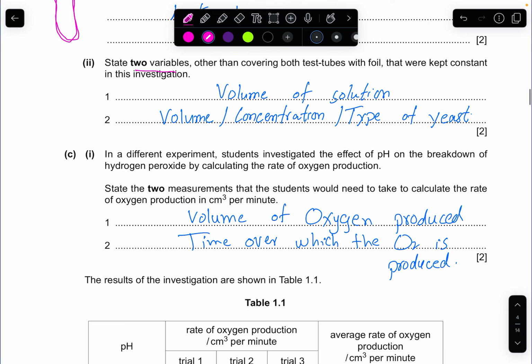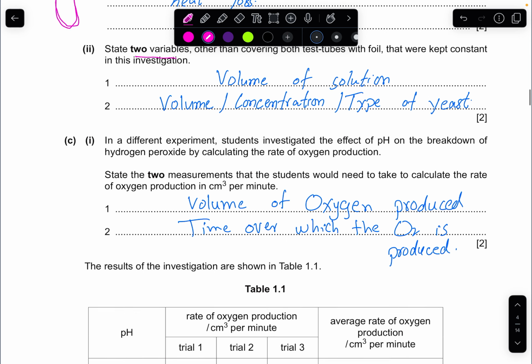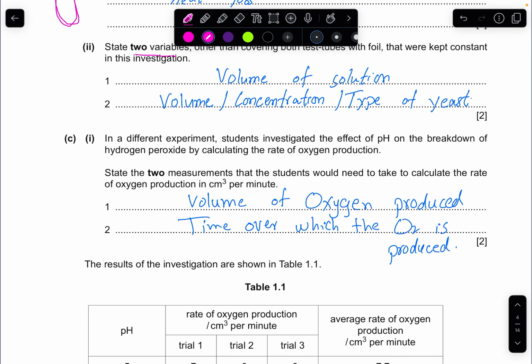anything you can write. The next question says, in a different experiment, the student investigated the effect of pH on the breakdown of hydrogen peroxide by calculating the rate of oxygen production. State 2 measurements that the student would need to take to calculate the rate of oxygen production in centimeter cube per minute. So because hydrogen peroxide breaks down into water and oxygen, so to measure the volume of the gas,